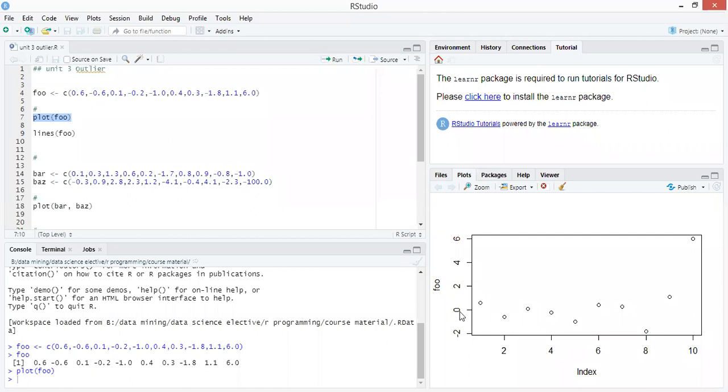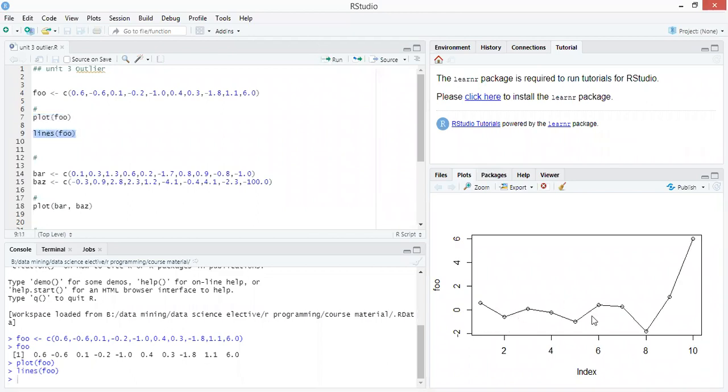As I show you in that plot, all the values are very near to each other. Only one value is an outlier, which is very far apart. You can find this out from the connecting lines also, because all the lines connecting the points have very small distances. Only this one line is very long, and that shows that this value can be an outlier.